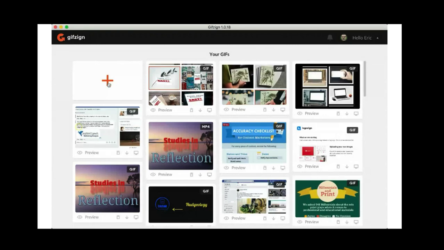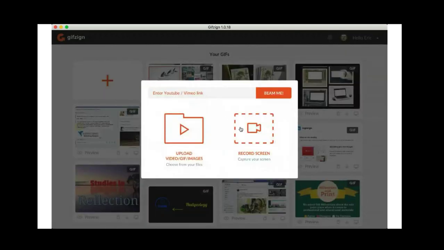And here's how you do it. I'll show you how it's done. It's very simple. Click on the plus button right here, and it gives you 2 options. You can upload a video, a GIF, or an image, or you can screen record. And the screen record just simply gives you a box. You put that box over what you want to do, you push the record button, and then you scroll through that box. We've done that now, showing you how to create,